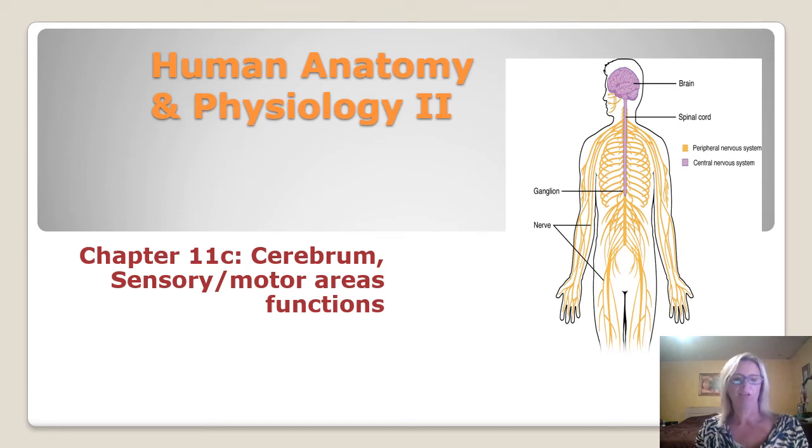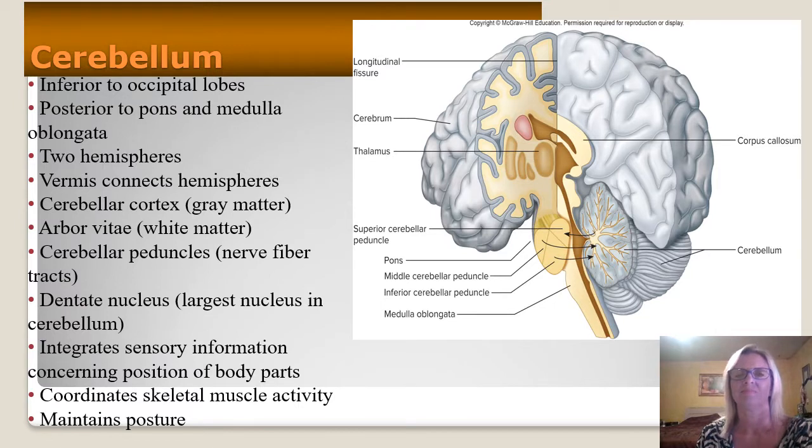Right, so let's go ahead and wrap up chapter 11. So here we are looking at the cerebellum. Cerebellum means tiny brain. The cerebellum is inferior, or below, the occipital lobes, and this is it here. That's the cerebellum. It has two lateral hemispheres